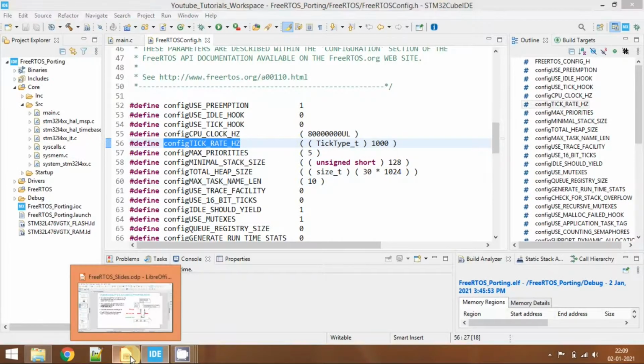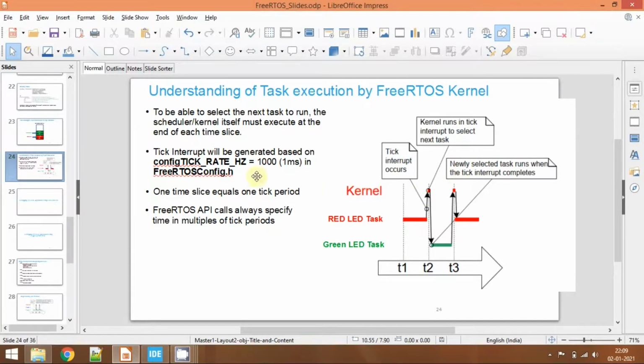So what it means is FreeRTOS will take this as a reference to generate the kernel tick interrupt. The tick period is 1 millisecond because we have configured 1000 Hz. This tick period we also call a time slice. From T1 to T2 we call it one tick period.